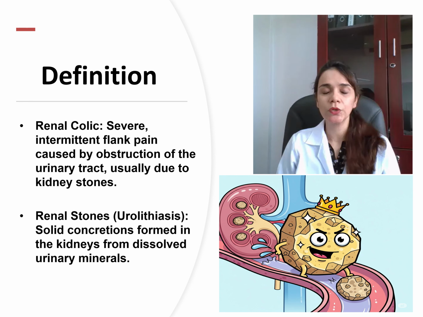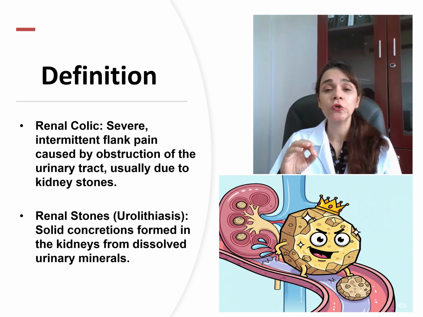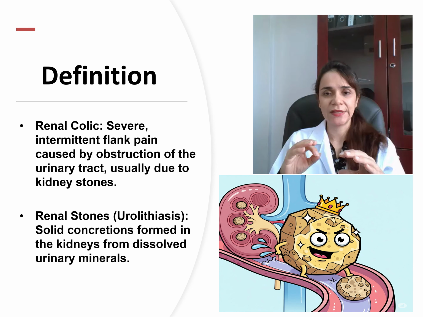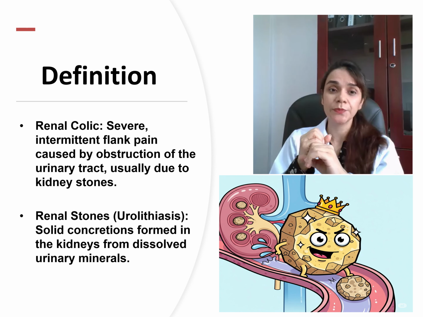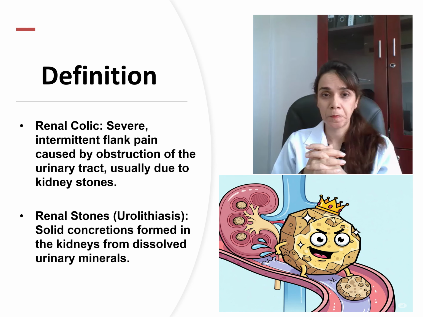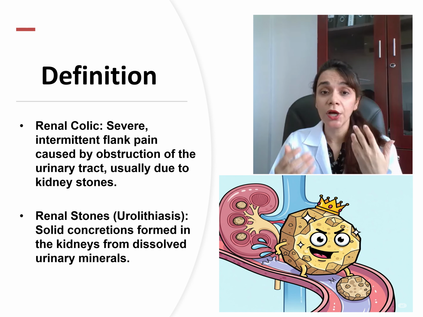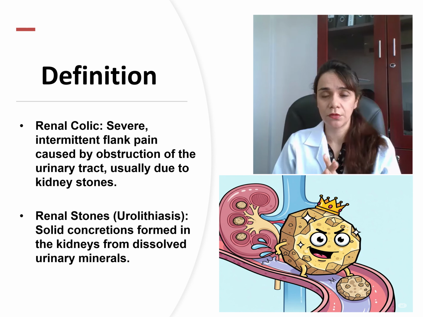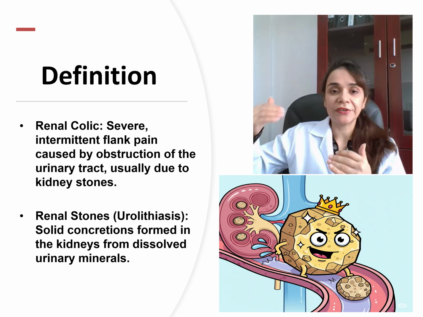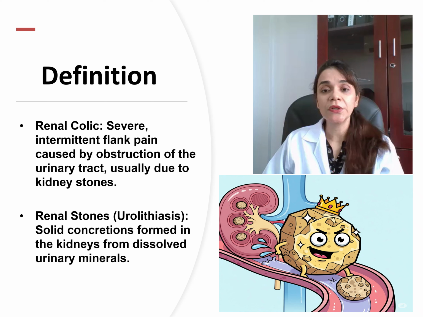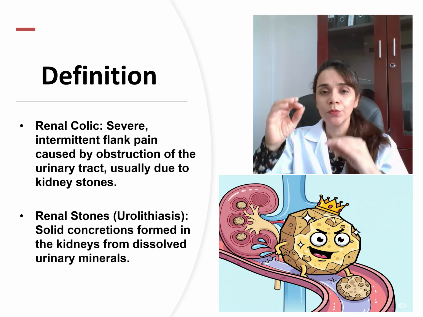What is renal colic? Renal colic is a type of pain which is severe, sudden, and often colicky. It means that it's not constant. It just comes and goes. This is not constant pain, but very severe. It is caused by obstruction of urinary flow, most often due to kidney stones. It's naturally felt in the flank, but can radiate to the lower abdomen and groin as the stone moves down the